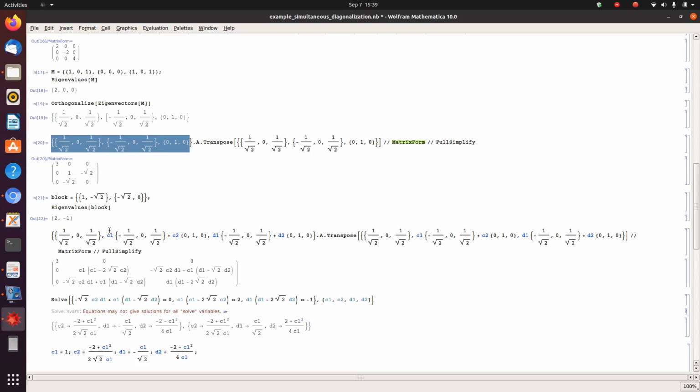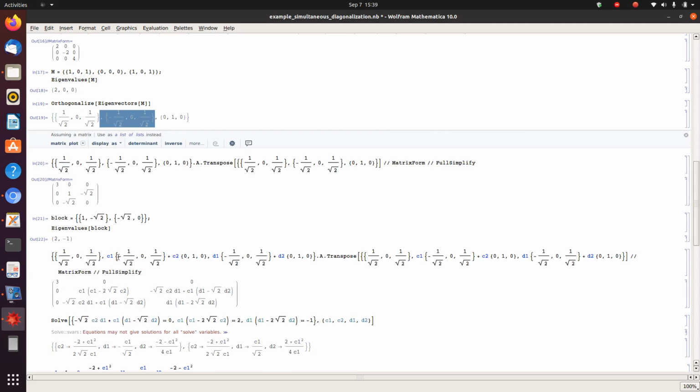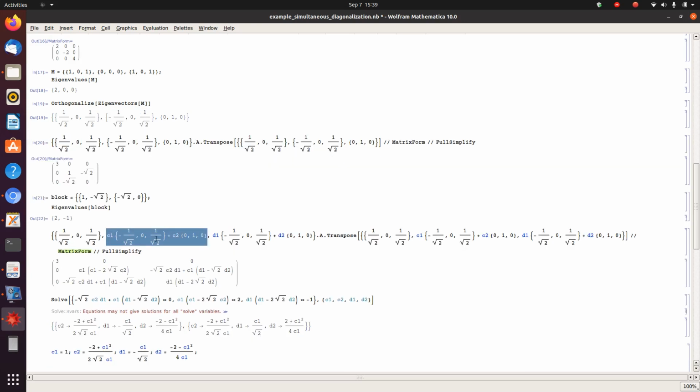In order to do that, let me construct an arbitrary linear combination. This arbitrary linear combination is a linear combination of these two vectors, which correspond to this degenerate subspace, the two vectors corresponding to the 0 0 eigenvalue. I will take a linear combination of them as the second vector and another linear combination of them as the third vector, and compute S dagger A S. Here it is S A S dagger for the same reason, and I get this equation. Now, in order for this equation to be diagonal, it has to satisfy these three equations.